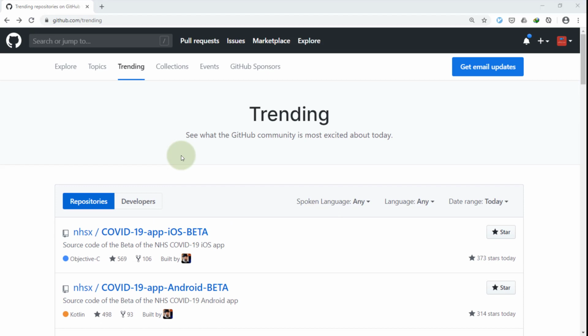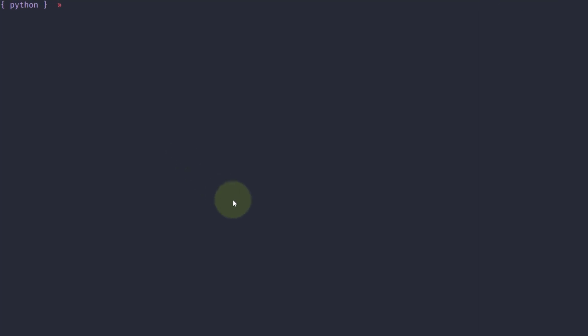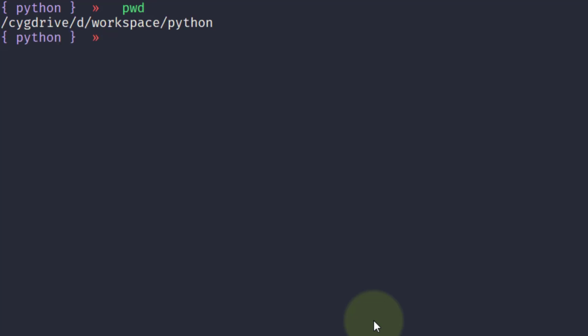Now I'll go to my Linux box, or this one, to the directory where we'll be creating our project. The project will be created in this directory, the D drive workspace Python, and I'll make the directory GitHub scrape trending repositories.